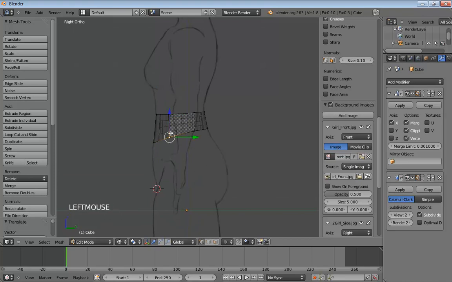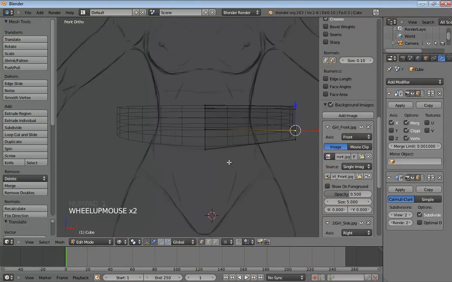And you notice we're starting to get kind of a little bit of an arch over the hip. That is going to help us, and that form will follow as we move all the way down the hip, and it'll give us a nice natural flow to our topology. Once we have that, we can flip around to the front view, and obviously this is not exactly what we want. So I'm going to hit